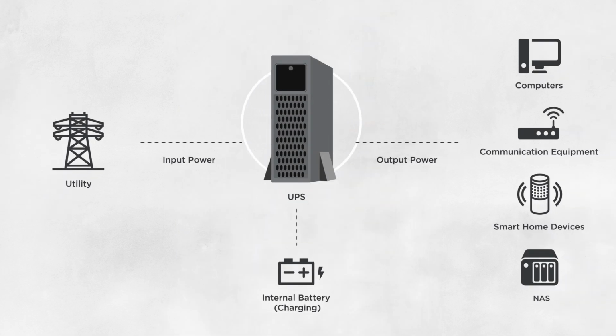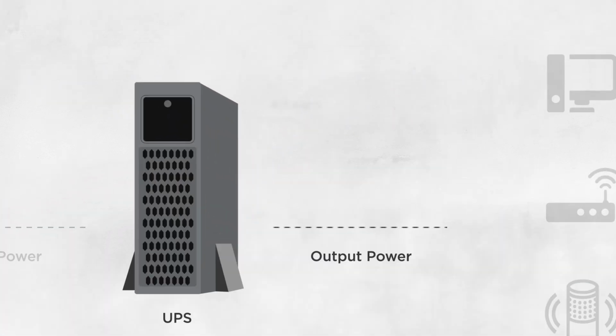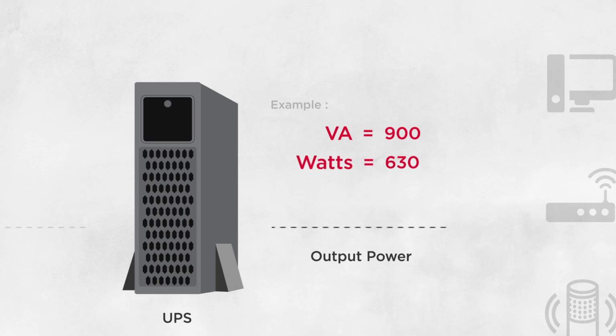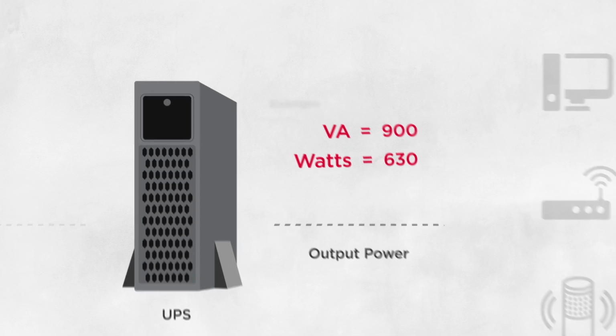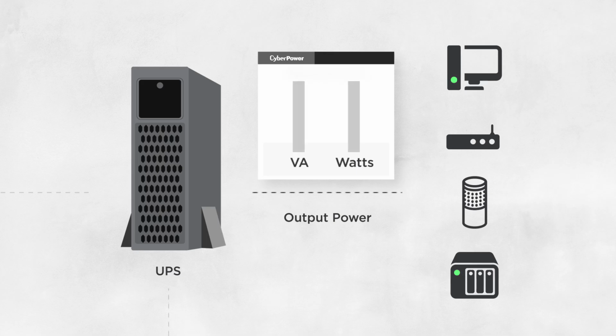Generally speaking, the UPS acts as a bridge between the utility grid and the devices. When the power goes out, it provides backup power for its connected equipment. As explained earlier, because of the type of load and conversion efficiency of the equipment, a UPS may be provided with different VA and watts ratings to fulfill those demands. This information can normally be found in the output section of the UPS specification. These power ratings represent the maximum load that a UPS can support and can't be exceeded.